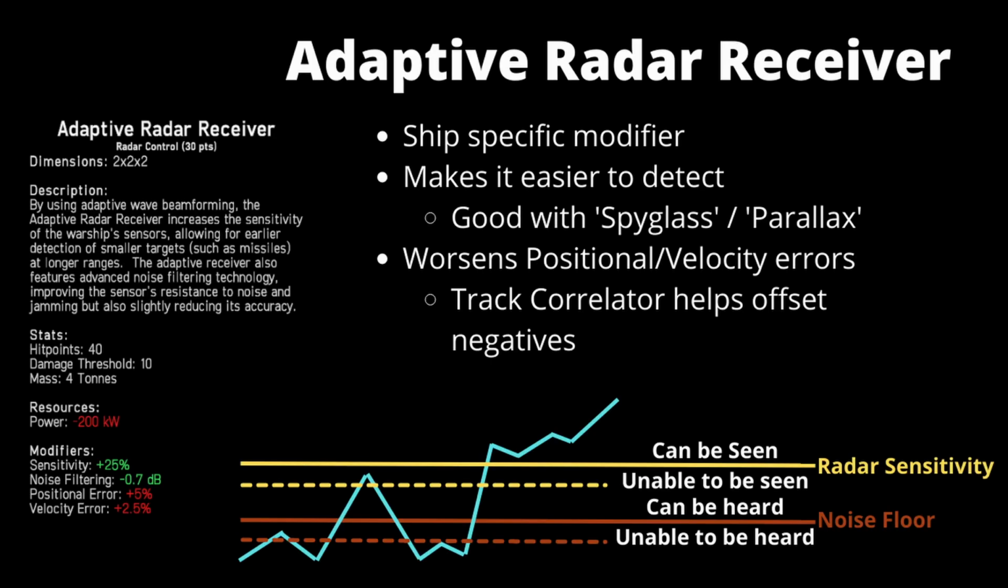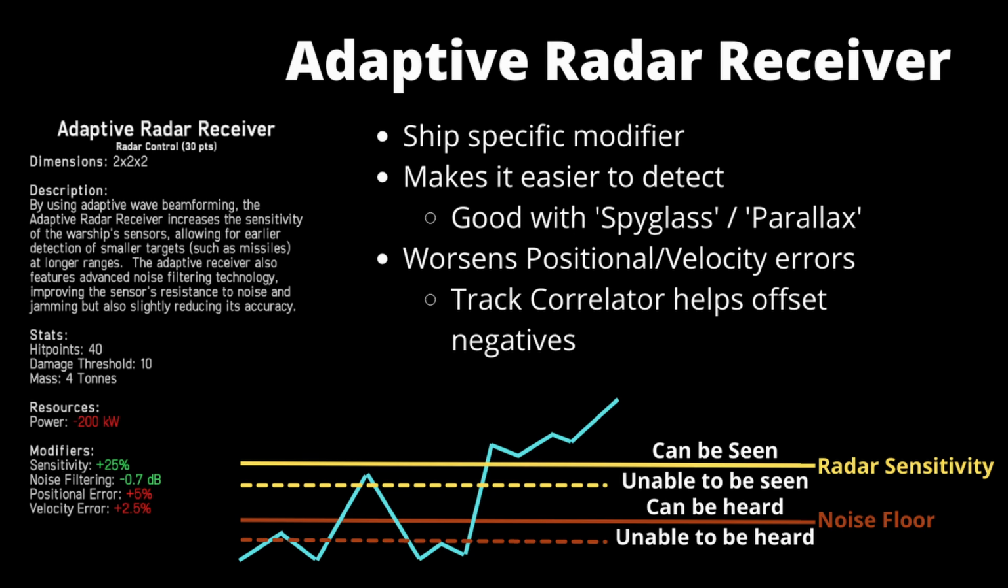The adaptive radar receiver, again, is ship specific. It makes it easier to detect, so by increasing the sensitivity of the radar and therefore reducing the noise floor, and you can see this on the diagram that we've used to date. The dotted lines now represent the new values for the noise floor and the radar sensitivity. You can see the first peak of the blue line being that collected power, and we would actually receive a track at that first peak, and then earlier for the rest of the signal on that second peak and upwards climb. It does come with a negative positional and velocity error, so this can be offset with the track correlator,